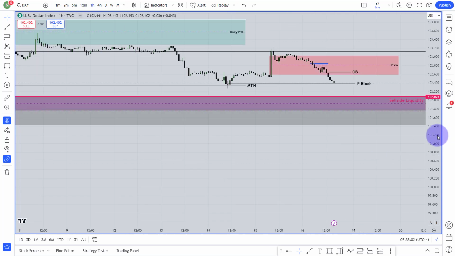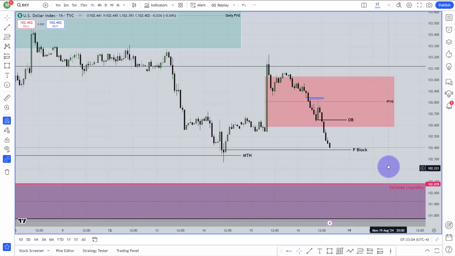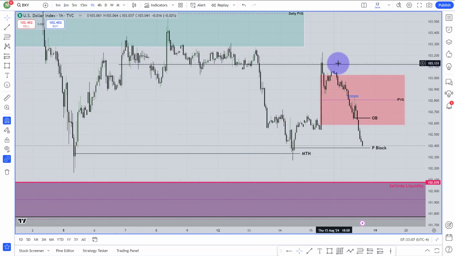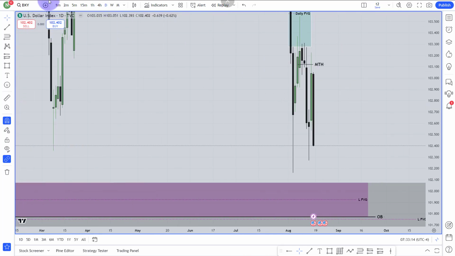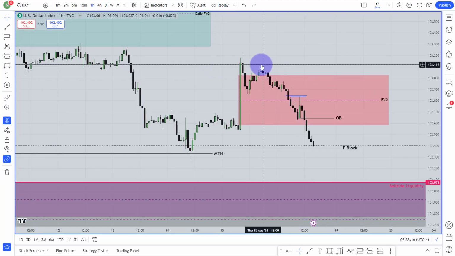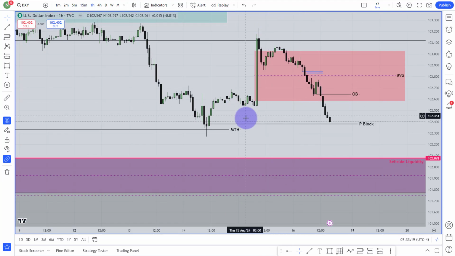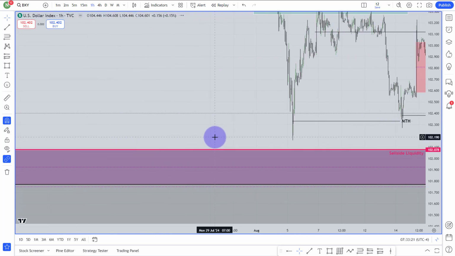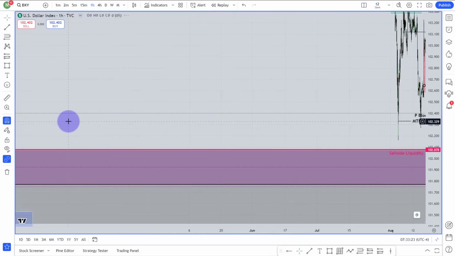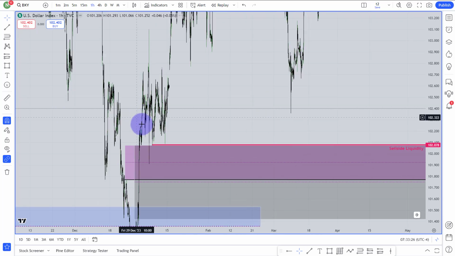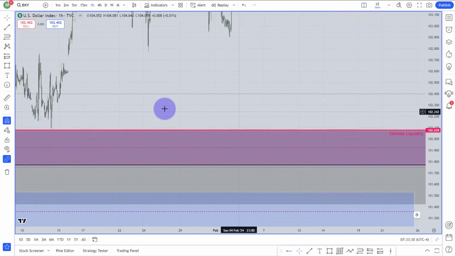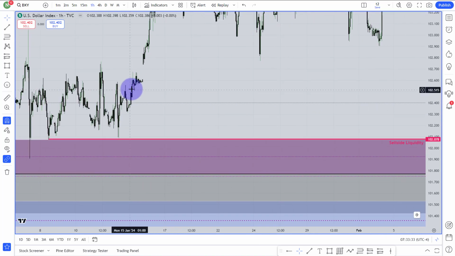Let's go to the hourly chart. So over here, this is my hourly chart. All you can see is the mean threshold of that daily consecutive order block. Over here, this is the candle which has traded the fair value gap. Below this area there was a fair value gap around that area. Let me show you that. This is the fair value gap which has been traded by